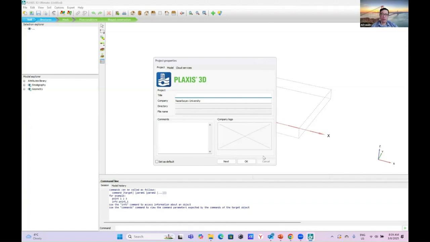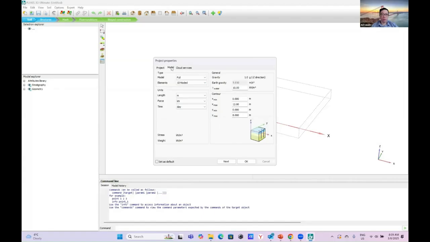That is the advantage of Plaxis. It will actually lead us one by one through how to do Plaxis. Even if you don't know the procedure in detail, you can still learn independently, but of course with a tutor it's better. In this case, for the title we can just give webinar, today is 8 March. And then you can give the company as per yourself.